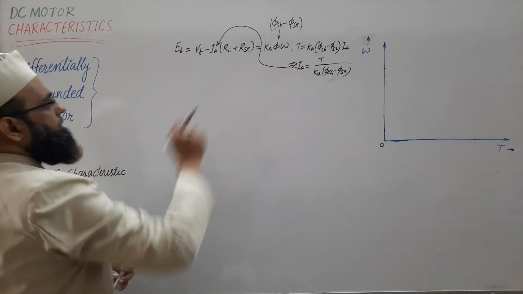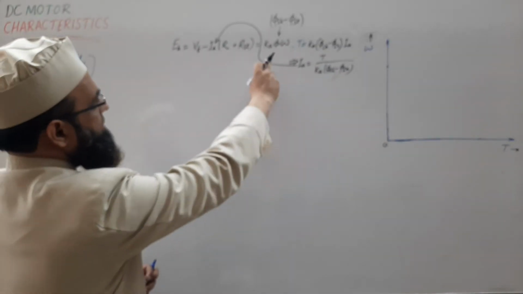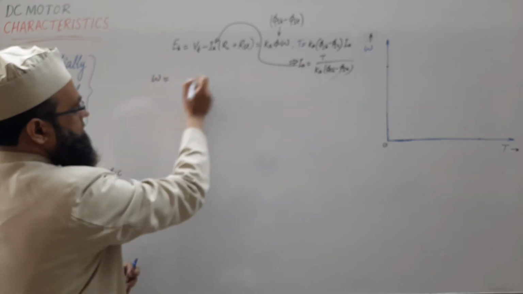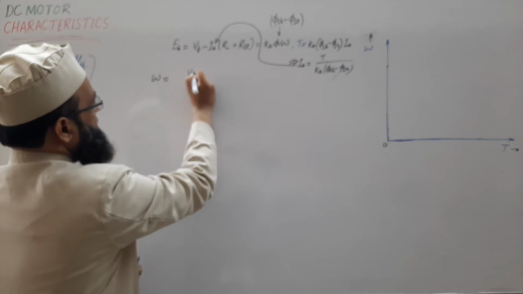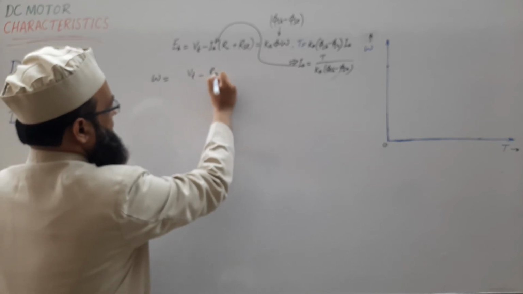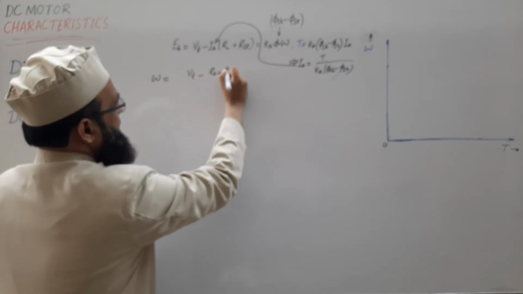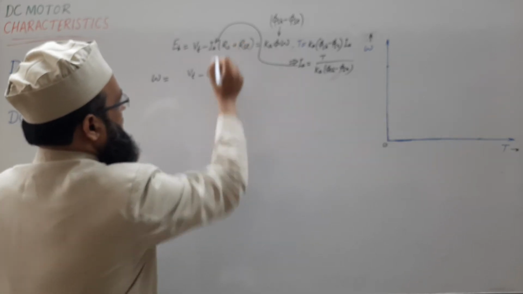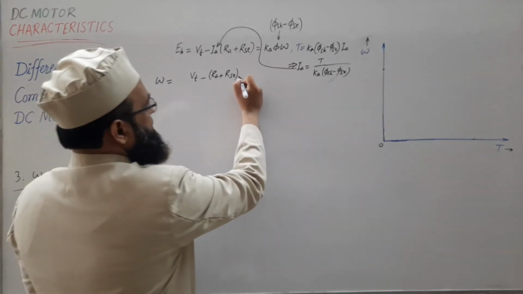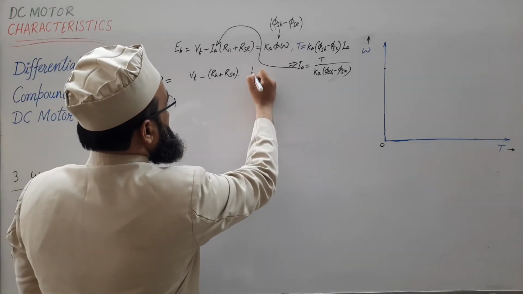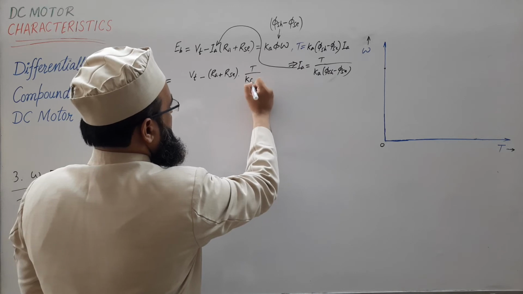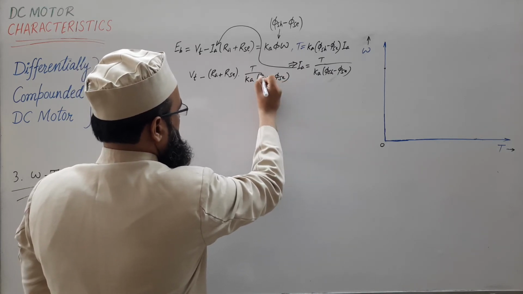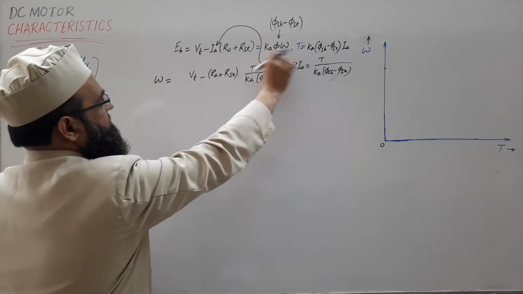So we may write this omega as Vt minus Ra plus Rse, put the value of Ia, so this will be T upon Ka phi sh minus phi se, upon